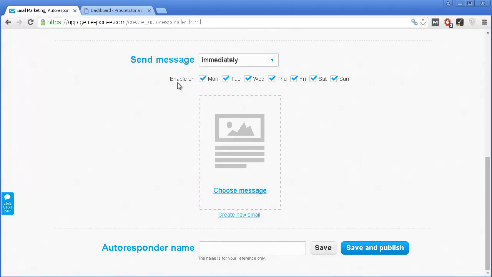This is actually something that you might want to tweak later on for your second message, because it really depends on the niche that you're in. And sometimes in some niches, people just don't check their email inbox on Saturdays and Sundays, so you certainly don't want to send your messages during those days of the week because that person just won't read it. So I'm just going to press create new email. I click on this link,